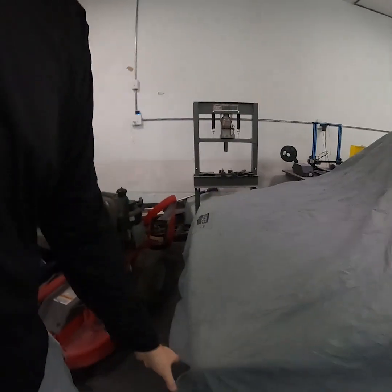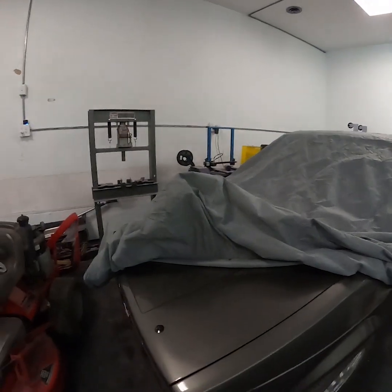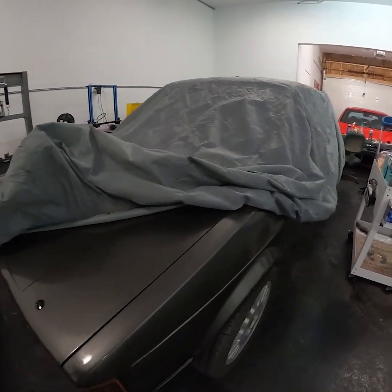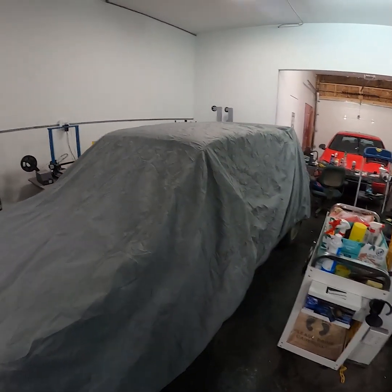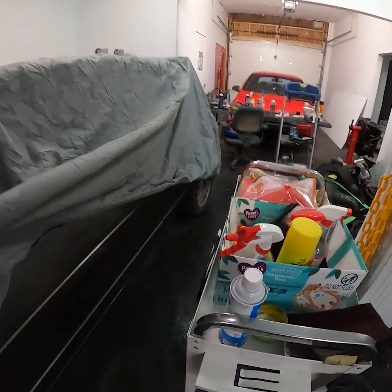Over here, we got something cool. This is a true race car, not a joke. This is, I think, an 83 or 84 Volkswagen GTI. And this thing is all-wheel drive with a VR6, and it's got a crazy amount of horsepower, and it only weighs like 1,800 pounds. It's under a top right now, and I'm not going to go to too much trouble to show it to you, but